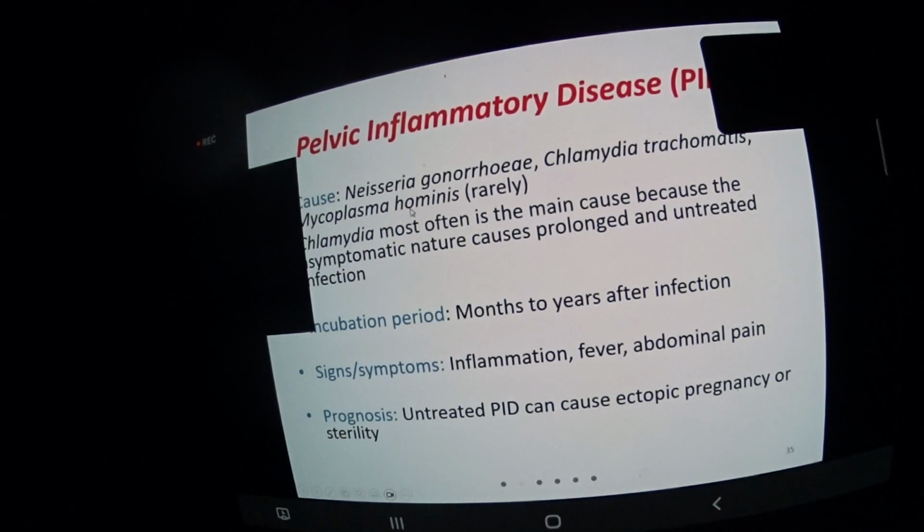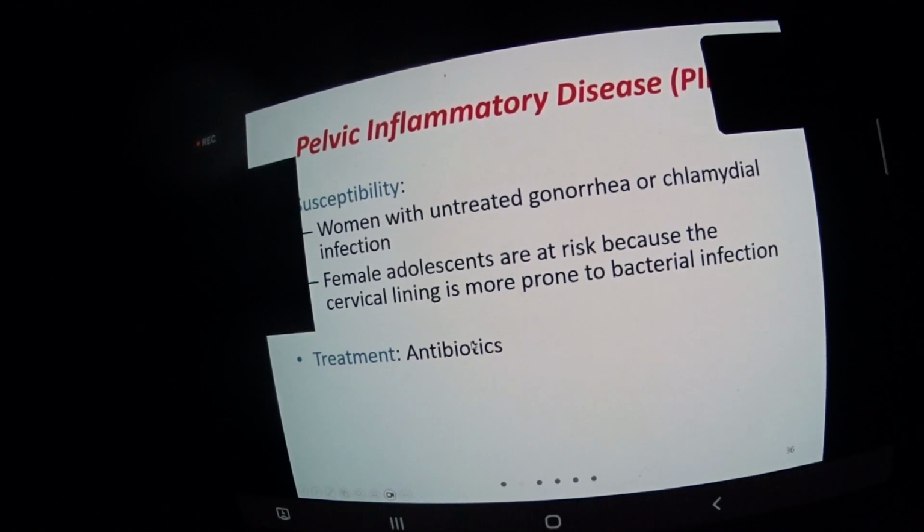PID, so again, a little bit more, many causes. Anytime females have any of these bacterial infections, either sexually transmitted or not, if it's not cured, it can pass to the fallopian tubes and cause damage to the fallopian tubes. Damage to the fallopian tubes can then cause sterility and ectopic pregnancies, which can be dangerous and cause death. So any of the infections has to be taken care of. If it is PID, they usually give the person some antibiotics, and in some cases, surgery might be needed in order to fix the sterility.